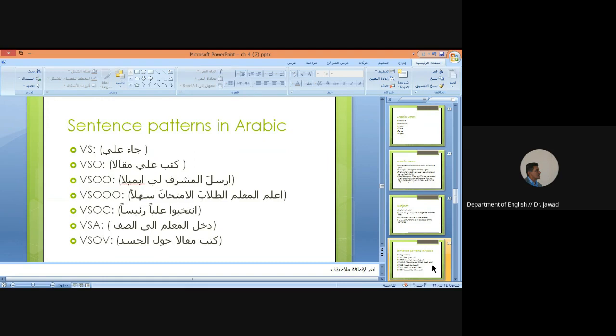And if we translate this sentence into English, we can say the teacher informed the students that the exam is easy or was easy. So as you can see, these